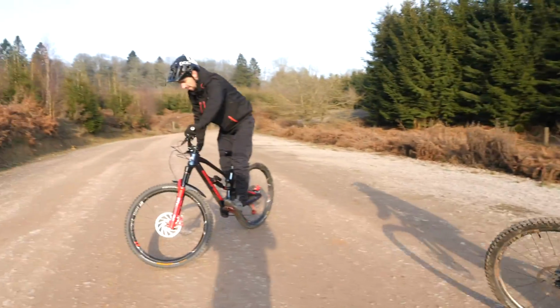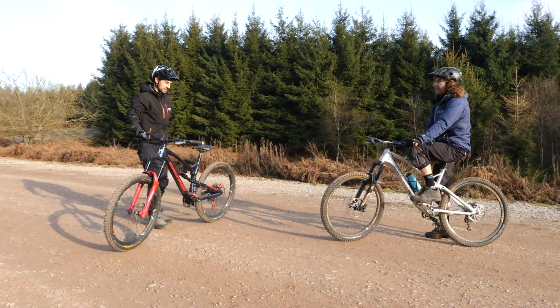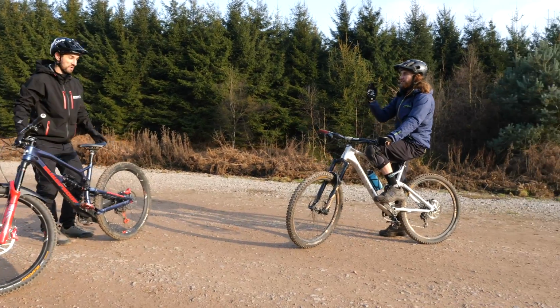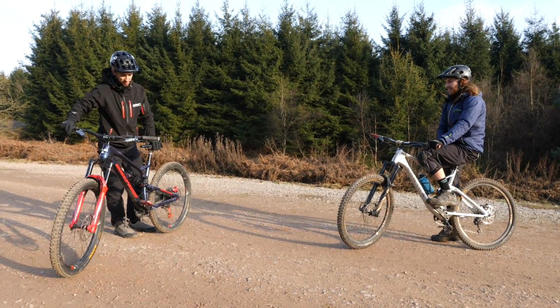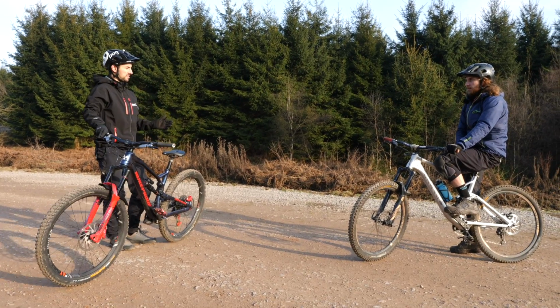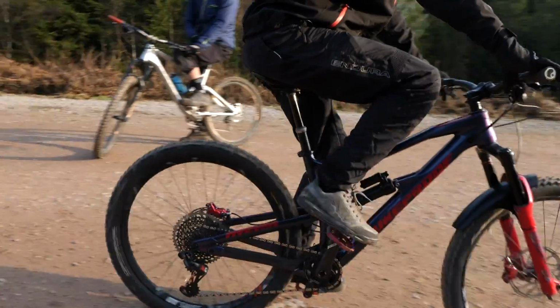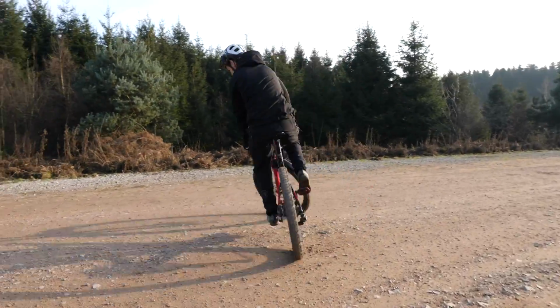I don't know, I've not got to the point where I've had to pull my brake yet. Should I almost go for it? I do think it's difficult, because if you don't get the brake nailed, you will loop out. So that's where wheeling's a safer way of doing it, because you can go up the hill, you can go slower, and you can...